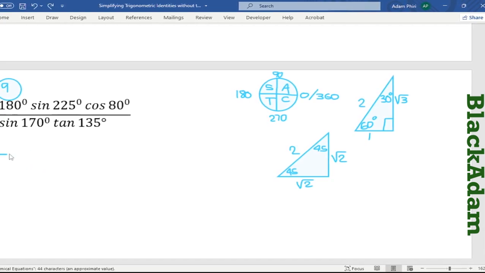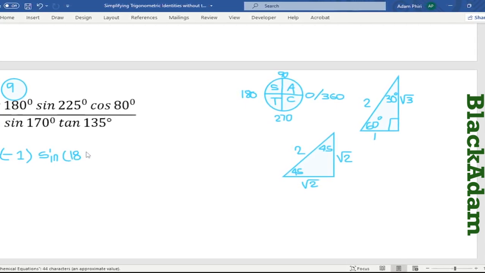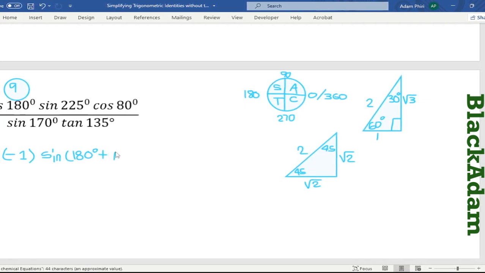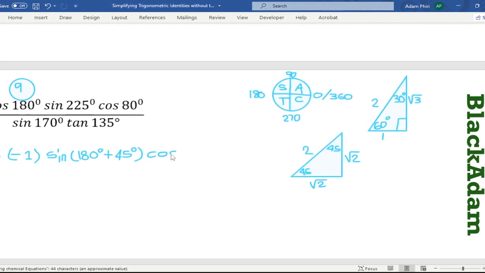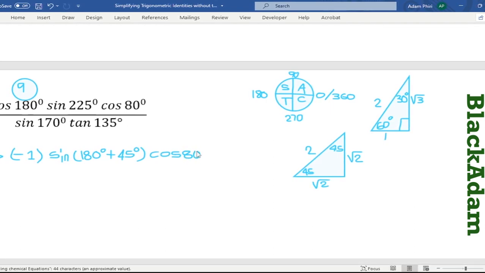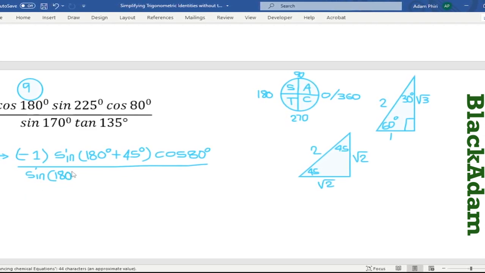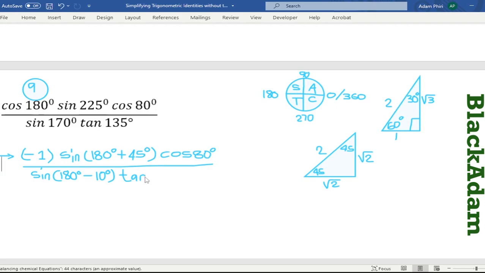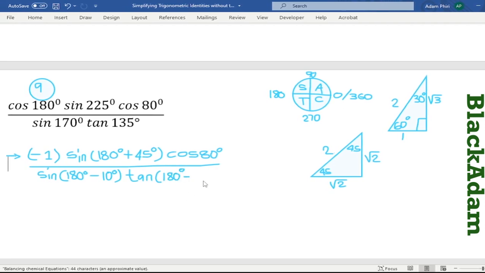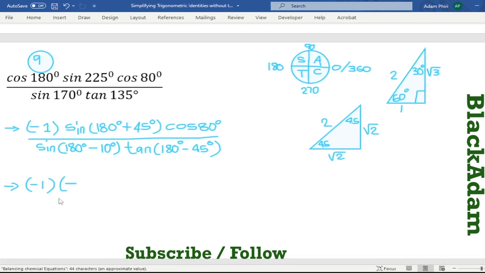So cos 180 degrees would be negative 1, multiplied by sine 225 degrees, which is equivalent to 180 degrees plus 45 degrees, and then cos 80 degrees we leave as it is, divided by sine 170 degrees, so that would mean sine of 180 degrees minus 10 degrees, and then we have tan 135 degrees, equivalent to 180 degrees minus 45 degrees, and then that one there is actually going to be negative